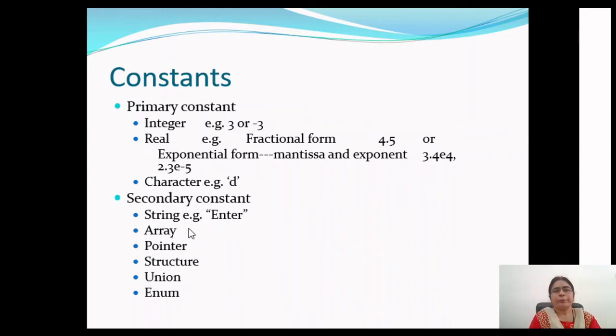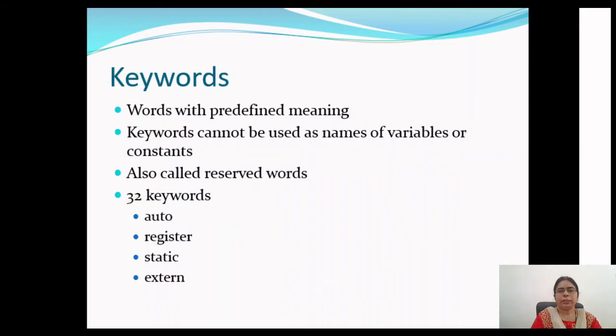Array is a collection of values of similar type that occupies continuous memory allocation. Pointer is a variable that points to another variable, so it stores the address of another variable. Structure is a collection of different types of elements related to a particular concept. Union is again a collection of different types of elements, but we store the value of only one element at a time. Enum is used to define numeric, okay, symbolic constants for a specific purpose. We will study these topics later on in the further lectures.